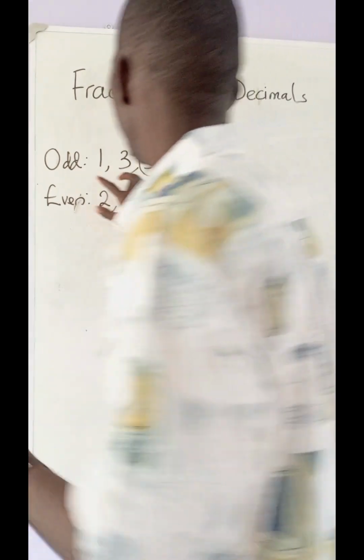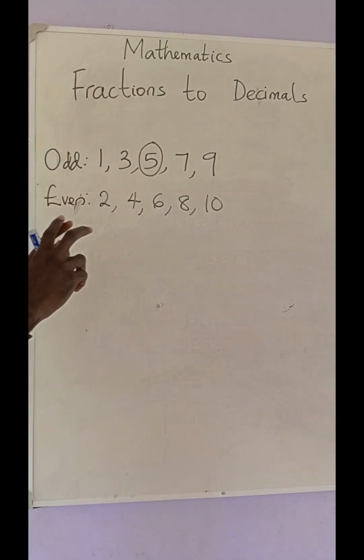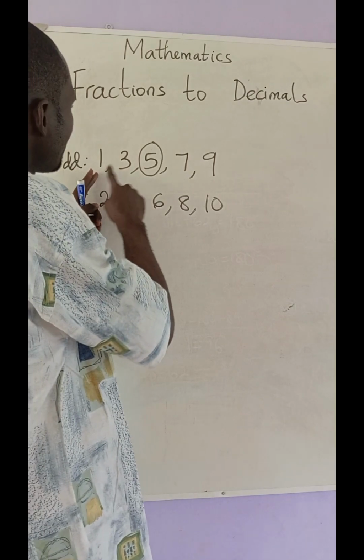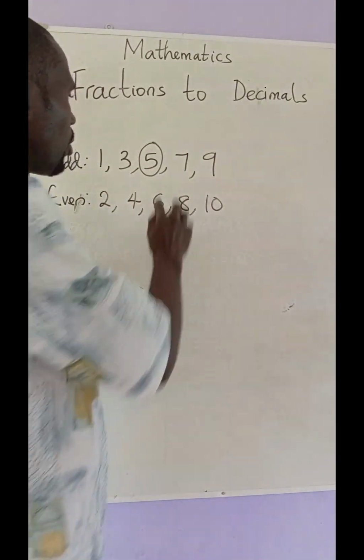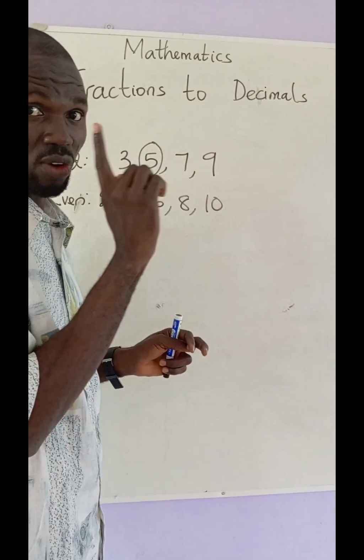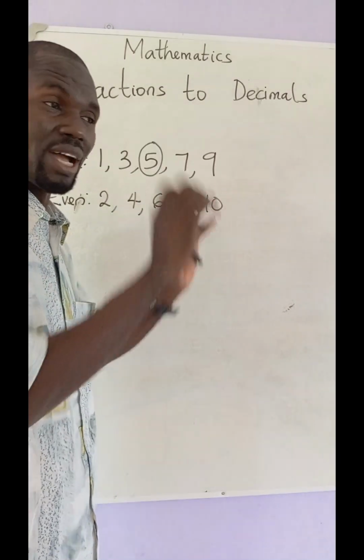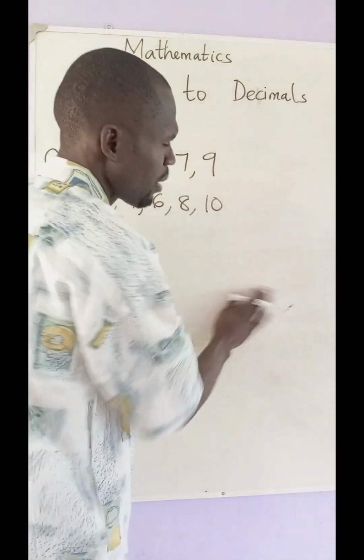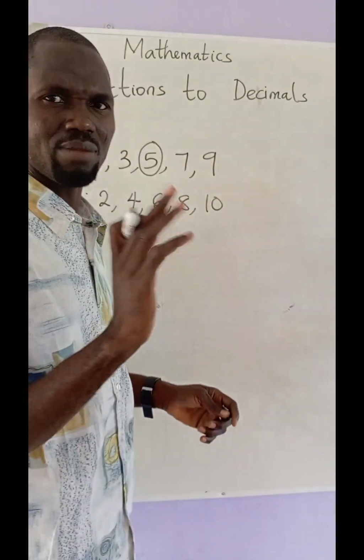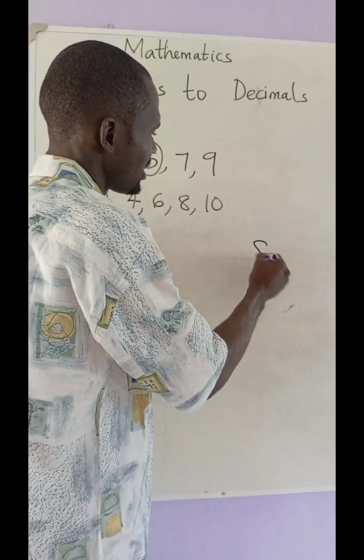You see, I've given you this. We have odd numbers, isn't it? We have 1, 3, 5, 7, 9. They are odd numbers, right? With the exception of 5, I've given you the trick on how to divide a number by 5. I said when you are dividing any number by 5, if you are dividing 8 by 5,